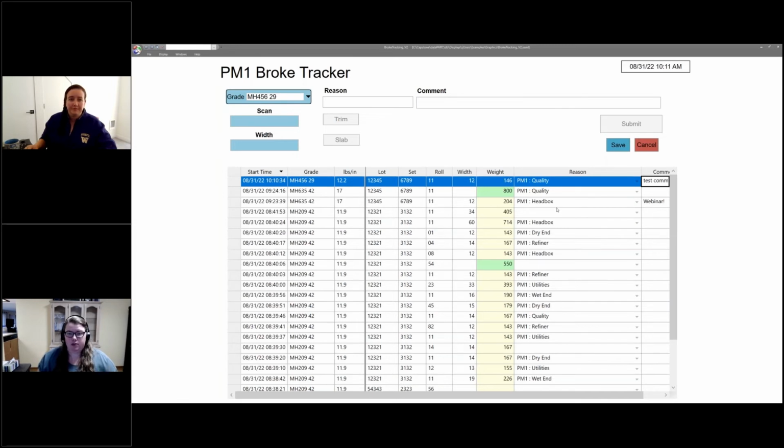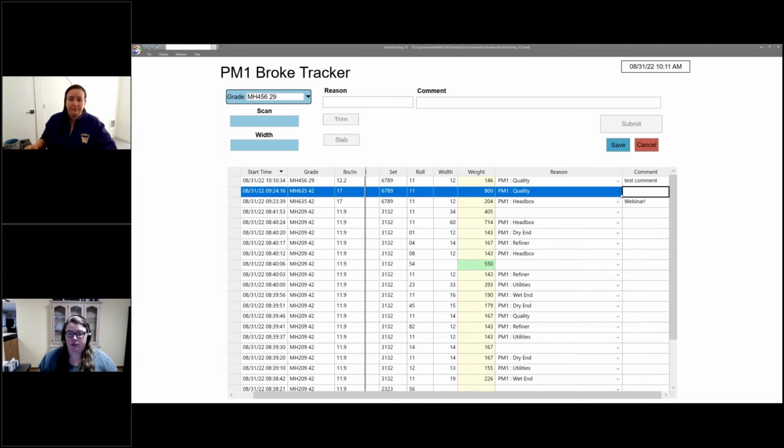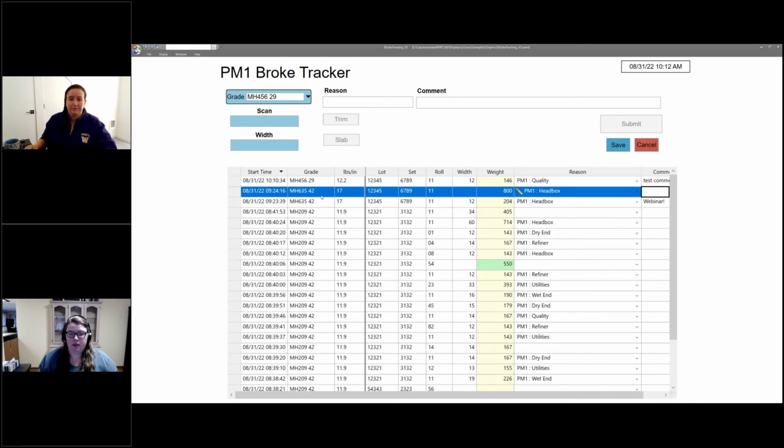Again, this was just to prevent any errors when entering the data. So now I can maybe change a reason, my dropdown, or add a new comment. I can edit it, and when I hit save, all my buttons are enabled again, and the box comes back up. So we also have